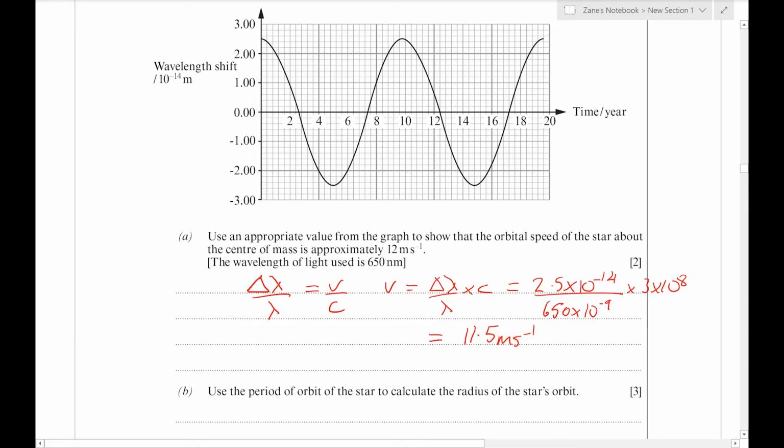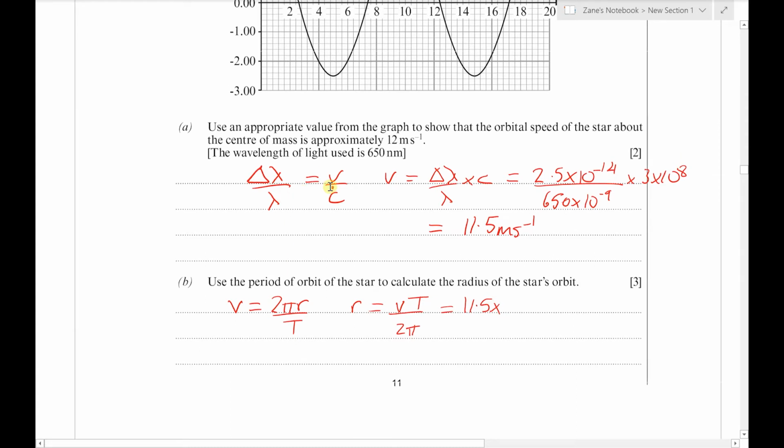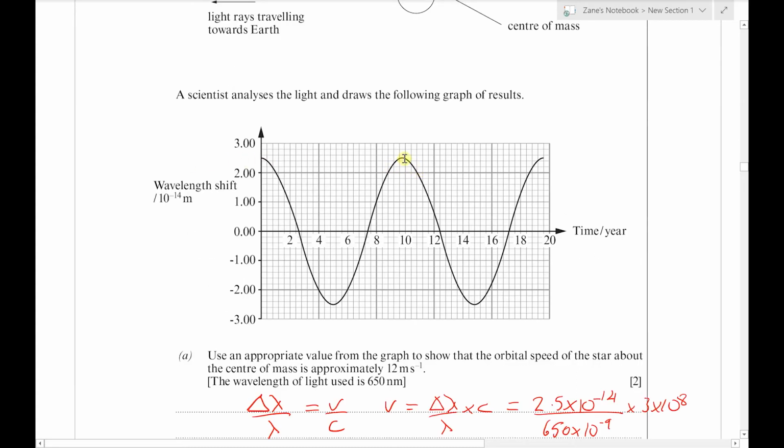For the second part of the question, we're going to use the period of orbit of the star to calculate the radius of the star's orbit. Here we can use the idea that speed is distance over time, where the distance is the circumference of the orbit, 2 pi r, and the time is the period of the orbit, capital T. So if we rearrange that equation, we get that r is equal to vT over 2 pi. So we've got 11.5 times the period. Now if we read the period off the graph, going from 0 to here, we've got near enough 9.8